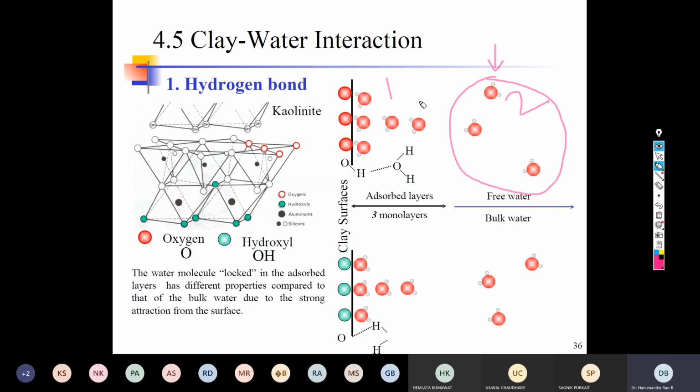We apply the overburden pressure. In the case of surcharge loading, we apply the surcharge load for what purpose? To remove only the gravitational water. We cannot remove the adsorbed water. Suppose you also want to remove the adsorbed water, then you should not apply the surcharge load. Then what should you apply?